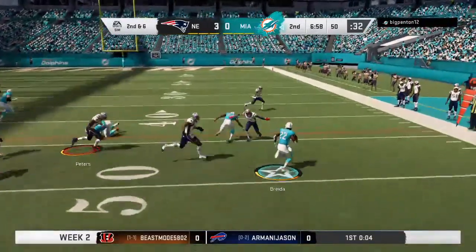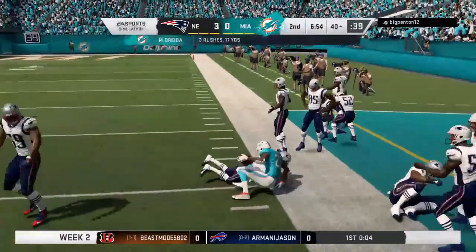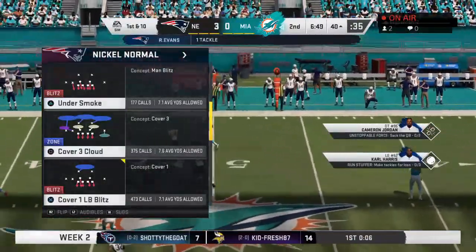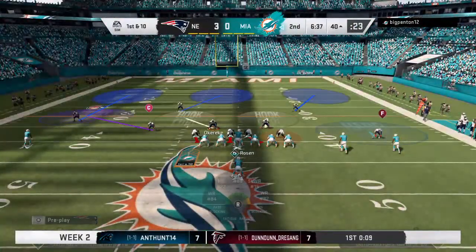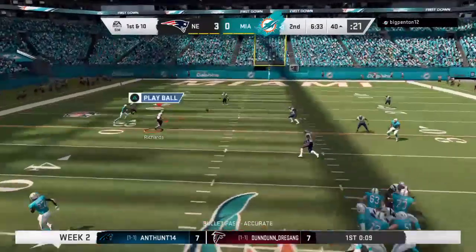Breida, he'll try the right side. And he's able to get this one down to the 40-yard line. A 10-yard pickup, and it's enough for a Dolphins first down. How many times do we say in this game that speed kills, and it does it in so many different ways? In this case, you got a back who's quick and shifty, can make moves, make people...